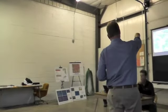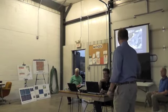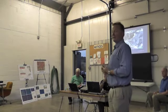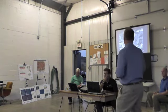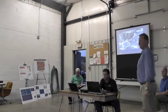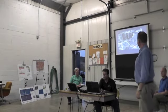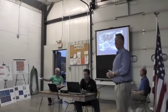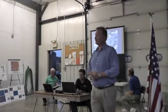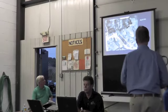So here's the site. This is the property that we're talking about. Here's another picture of it from a current air photograph. It's got a little bluff and rolliness to it that you're all familiar with. Those bluffs are great in the summertime for a walk. They're probably not as much fun in the winter when the road is a little icy and snow covered. Here's a picture of the same property from